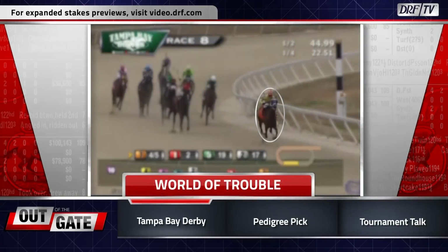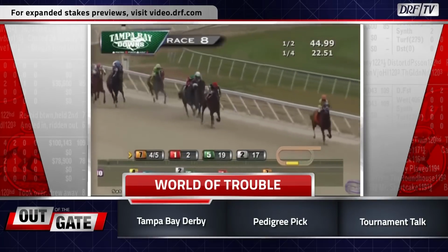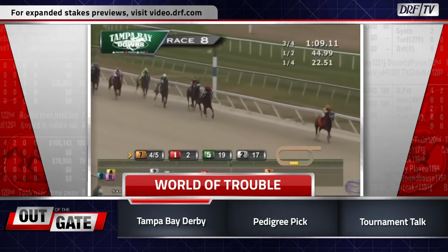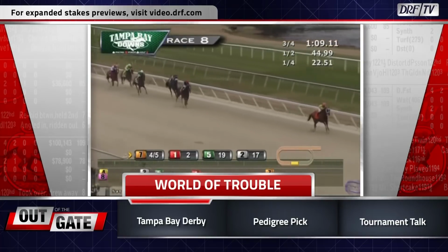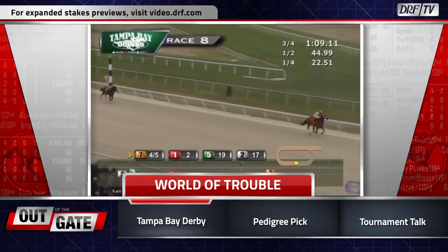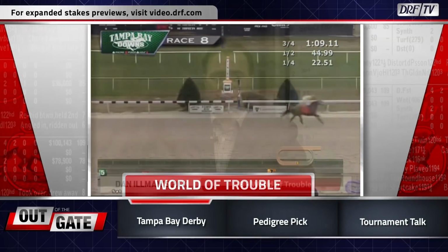Let's go back to his most recent start. It's the Pasco Stakes, going 7 furlongs. This is just an overmatched field that World of Trouble is in against. You see he is 4-5 off an 88 Beyer speed figure in his 2-year-old finale, and he just ran a hole in the wind. A lot of folks are going to say this really doesn't prove too much. He was able to get on a nice easy lead over perhaps a speed-friendly track against an overmatched field, but